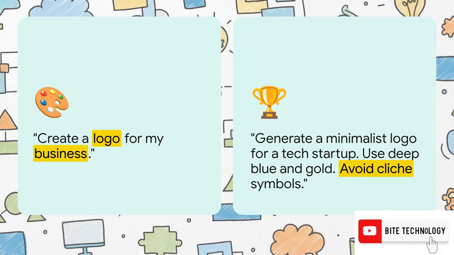And by the way, this isn't just for writing text. Check this out. The amateur prompt on the left, create a logo. You get something that looks like it came from, I don't know, a 90s clip art CD? But the Pro prompt? That gives you a sleek, high-quality, bespoke design. And the secret ingredient is exactly the same. Be incredibly specific. Define the style, the colors, and, this is key, tell it what not to do. Avoid cliches is such a powerful command.